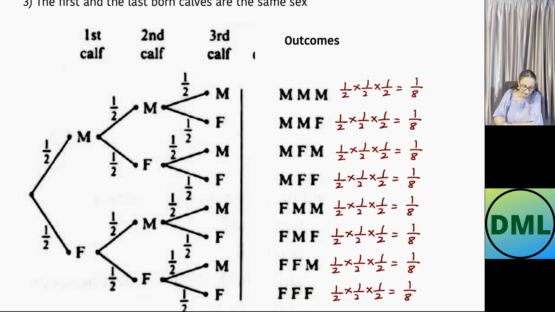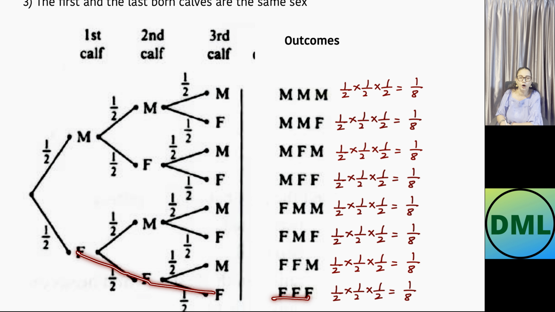In a similar way, we can write down if the first baby is male and the second is female, the third baby can be either male or female. So this is the chart given to you. Here also it is the same thing, male and female, male and female. The outcomes are written here: male, male, male; male, male, female; male, female, male; male, female, female. Similarly, we can write down here: female, male, male; female, male, female; female, female, male; female, female, female.